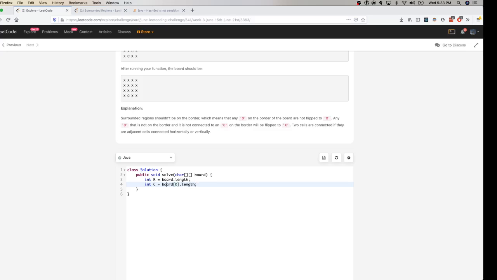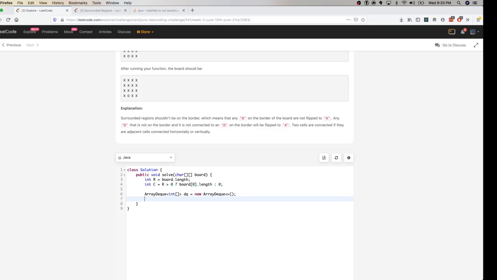But you need to be careful that the board itself could be empty, so I'm gonna just add that check here. If the board is empty, then the number of columns should also be 0. Alright, so as we spoke earlier, I'm gonna take an ArrayDeque which takes an integer array as an element, because you need to record both the x and y coordinates while you're doing these graph problems, the grid problems.